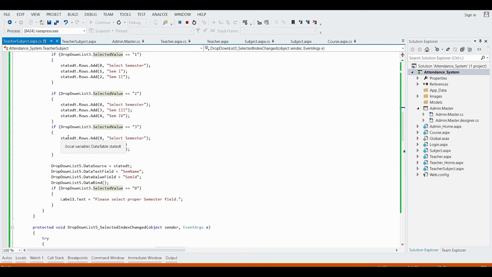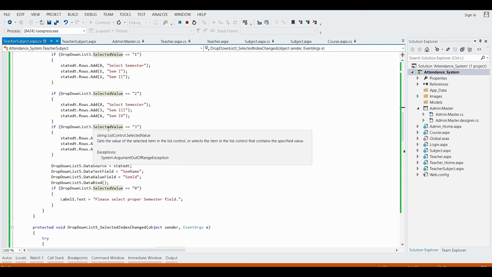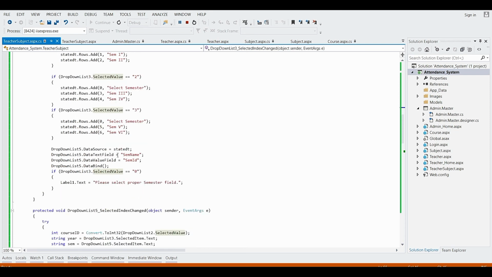In the third if condition, if drop down list 3 dot selected value is equal to 3, then it is going to add rows with ID 0, "Select semester", then 5 with sem 5th, 6 with sem 6th. This is the SEM ID, this is the SEM name.